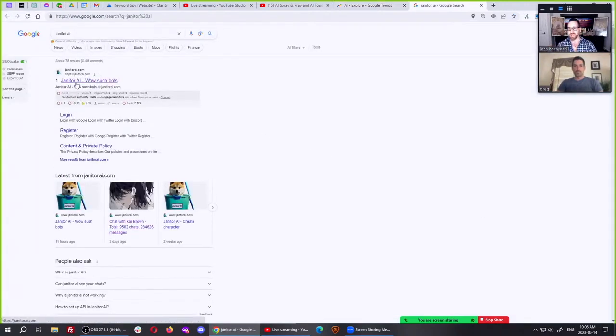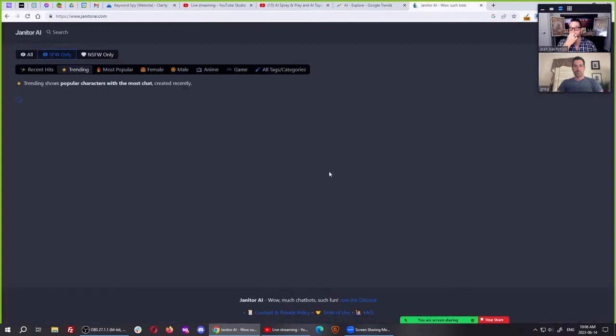Janitor AI has a whole bunch of chatbots. Basically, they are a Replika competitor. And of course, because I'm doing a demo, it doesn't want to load any of them right now. A competitor of who? Replika. Replika, for those of you who don't know, has been an AI chatbot for years and years. It's kind of like a girlfriend-boyfriend AI. It's a romantic AI, a companion AI.